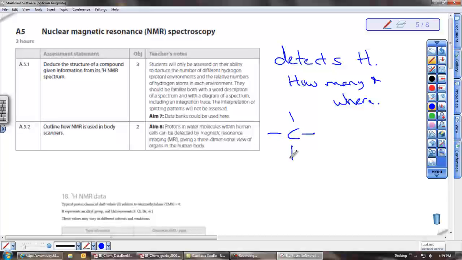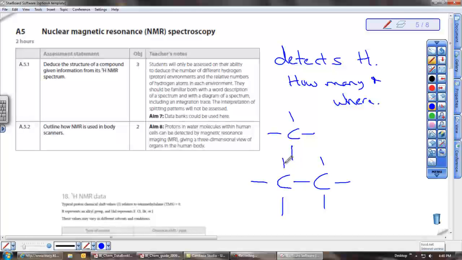It has 4 hydrogens. If you were to analyze this compound in a nuclear magnetic resonance spectroscopy device, chamber, whatever, an NMR spectroscope, you would detect 4 identical signals, because each of those hydrogens, their position relative to each other, is the same. If we were to compare this compound to ethane,